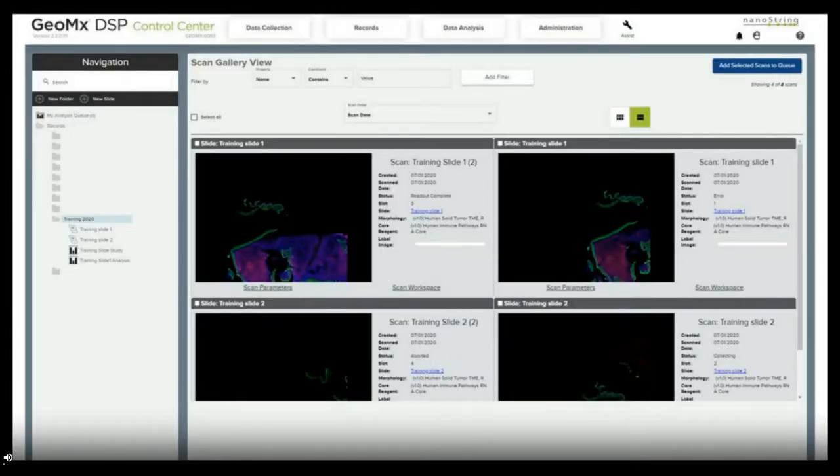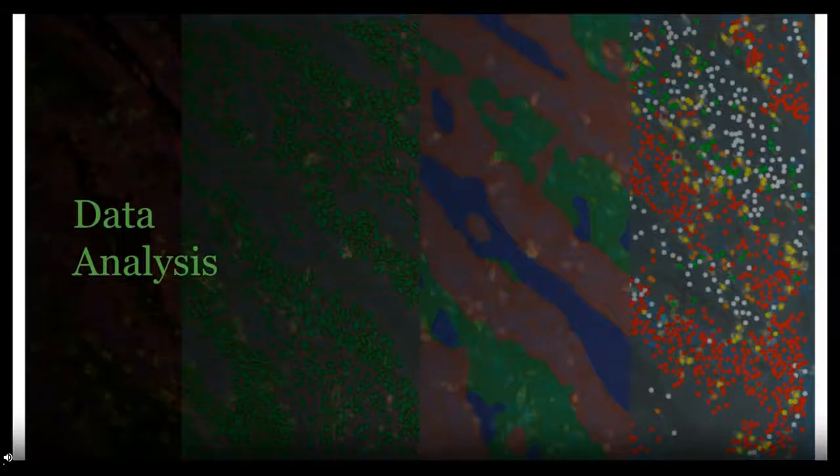This is the platform for the GeoMx, the Nanostring GeoMx instrument, which is also accessed via the web browser, and it not only stores the fluorescent scans, but also the data analysis platform, as again I'll detail shortly. But then we'll move on to data analysis, which is a key part of most of the technologies that come